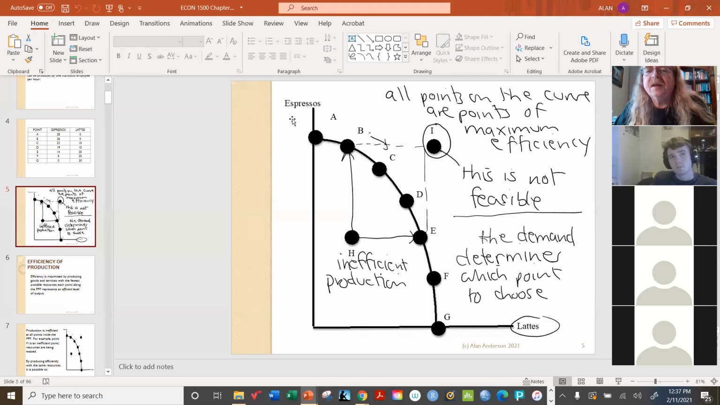Now, we also saw these other 2 points on the curve. The one on the interior is considered to be inefficient because it means, for example, look at H. If I'm at H, I could easily move up to B and make a lot more espresso without giving up any lattes. The only way that can be happening is if I'm wasting resources. Same thing over here. I could just as easily